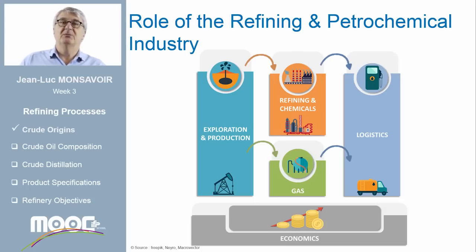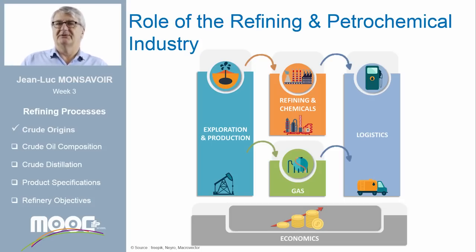In a nutshell, the objective of these industries is to transform the crude oil and the gas into final commercial products such as gasoline, diesel, plastics, natural gas to deliver to the consumers. The segment is also called the downstream segment of the oil and gas industry. The aim of this part of the MOOC is to provide you with the fundamental technical information needed to understand the various activities involved in transforming the hydrocarbons produced by the upstream segment, which means oil or petroleum and gas,